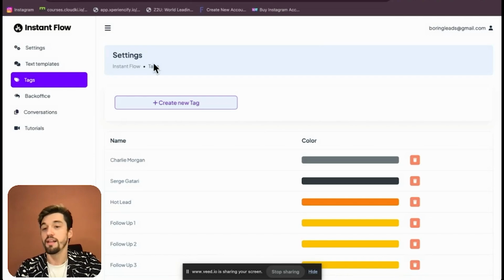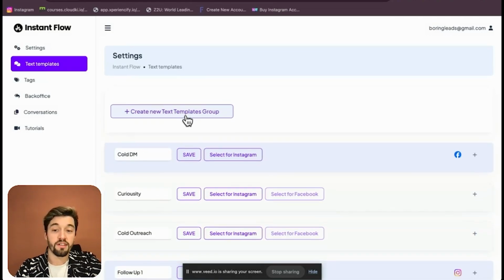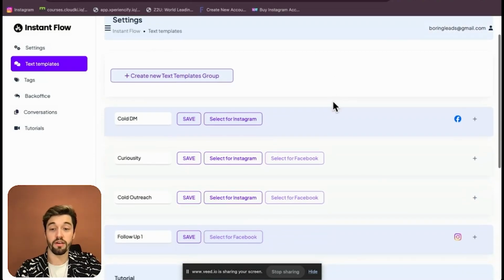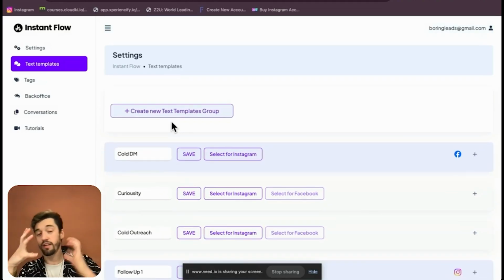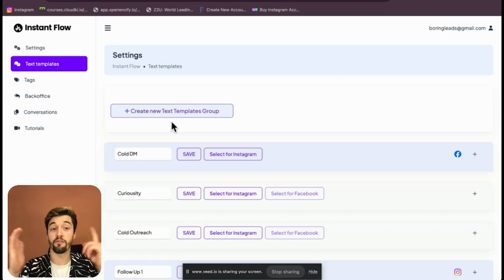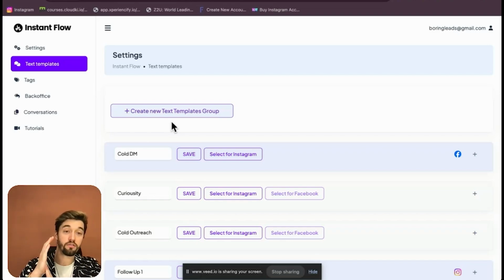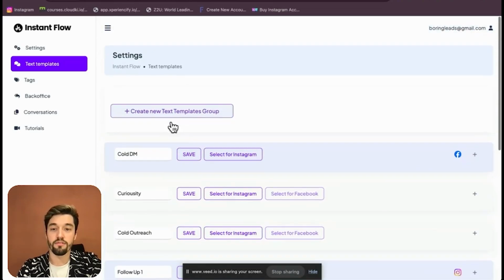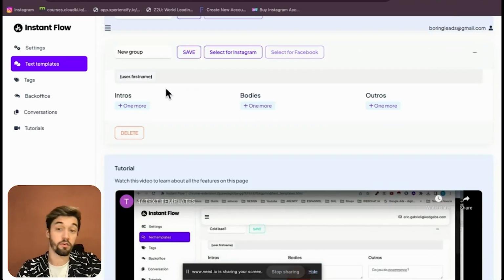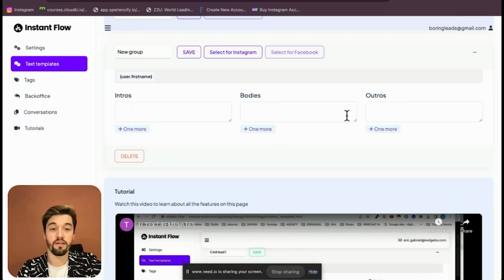And that's done. Voila. And then one more thing that's important, the last one, actually, is to create your text template. Text template is what will be sent to your users. How the tool works is it will follow and message the person and also tag them. So you know who they are, and they receive something from you basically. So if I want to create a new template, I will go and create new template. All right. And I will have the ability to create intro, body, and outro. So let's do a full demo in here. I will name my template outreach